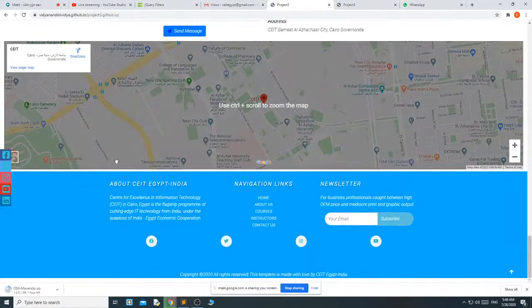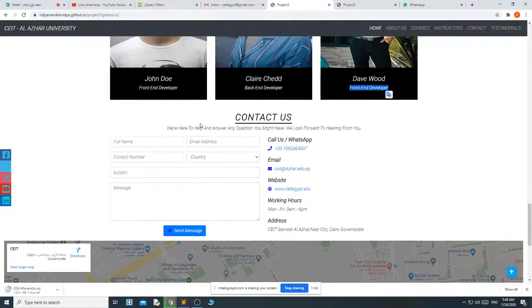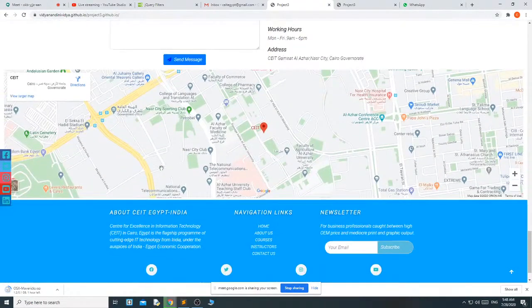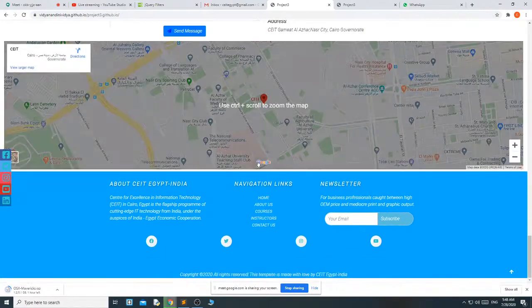In the next session we will complete these three things. One is contact us, one is how to embed the map in the website, and the footer.